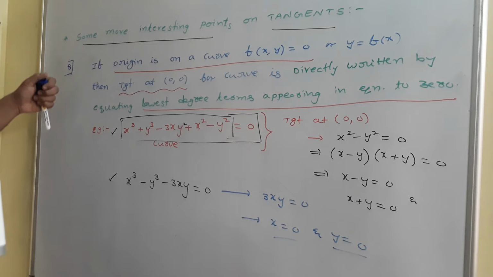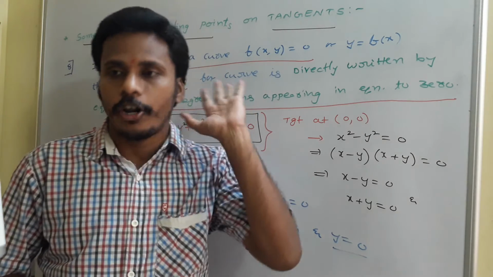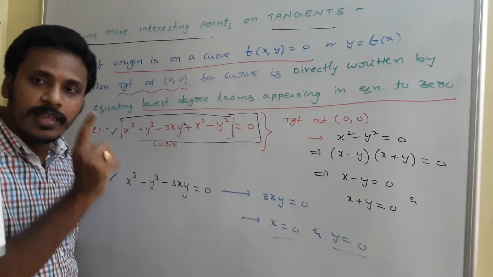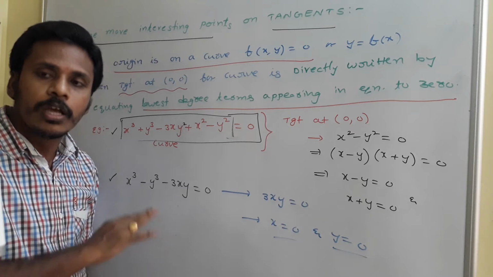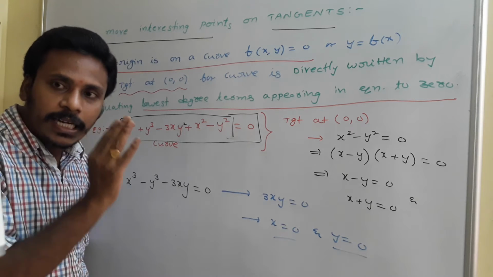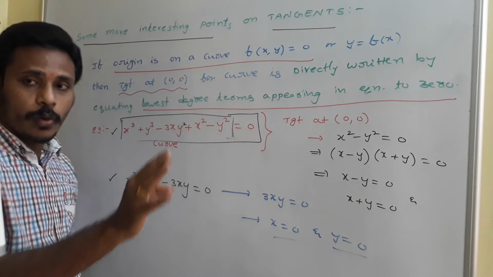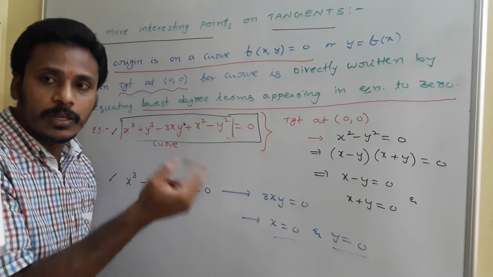I will give you the explanation for that statement, and after that again I will mention one or two examples. Basically this statement helps us to mention the equations of tangents easily for different curves only at origin, if origin lies on the curve. For these two curves origin is there, and if you wish to mention the tangents at origin, no need to do anything, directly just equate the lowest degree terms to 0. Here the lowest degree terms are x square minus y square, equals to 0. Here the lowest degree term is xy, equals to 0.